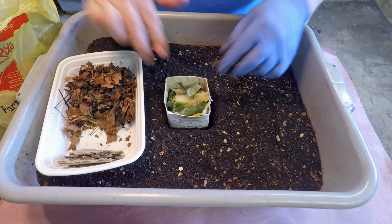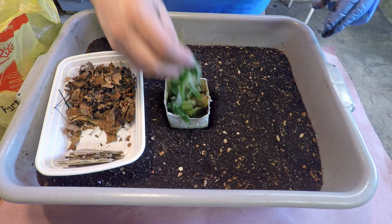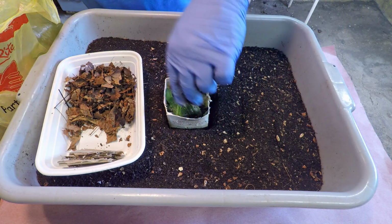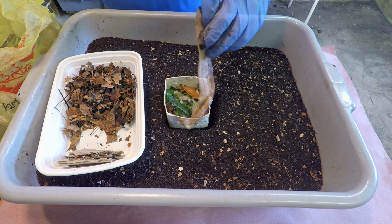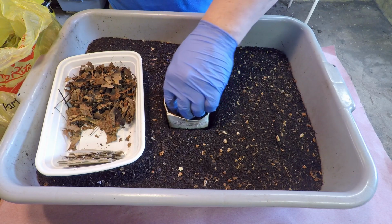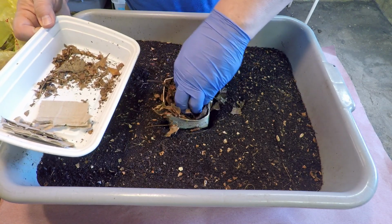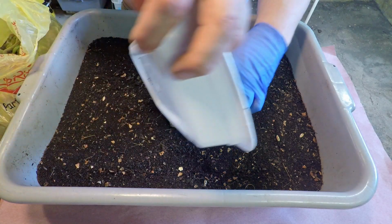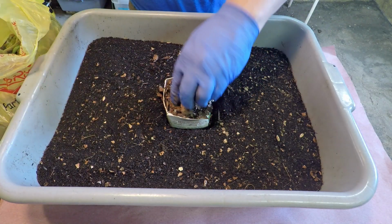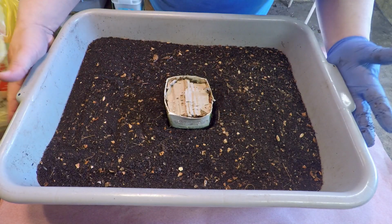There's some more maybe cabbage or lettuce leaves. Some more cucumber peelings. We'll give this one the same treatment with a banana peel. Maybe a second piece of banana peel. And then we'll get all this leafy material right back in on top. We'll cover up. Let me get this out of the way, and what we can do now is just grab this